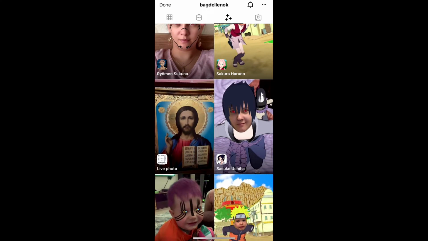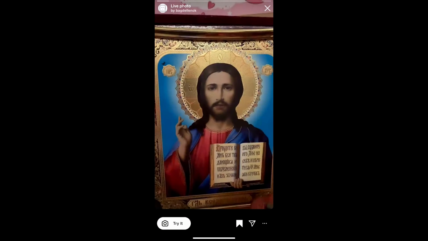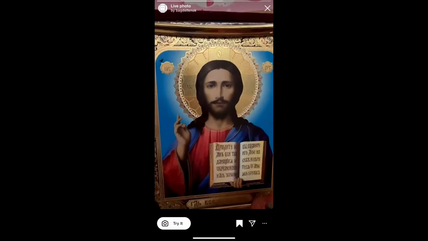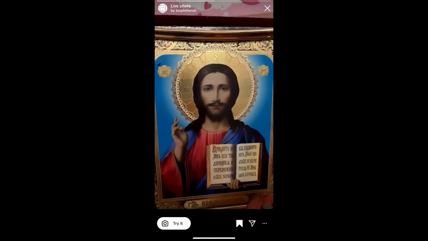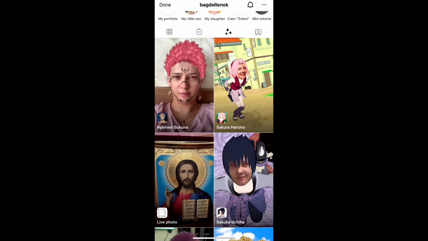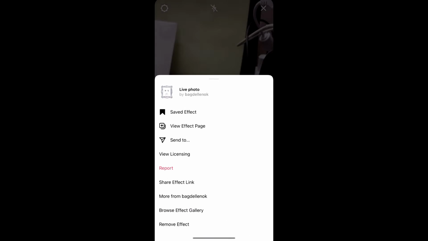This is the filter, live photo. Tap on it and you will see this preview. From here, you can save it to your Instagram camera tray and you can tap on try to try the filter. And suppose you are not getting the effect like this, then what you can do,